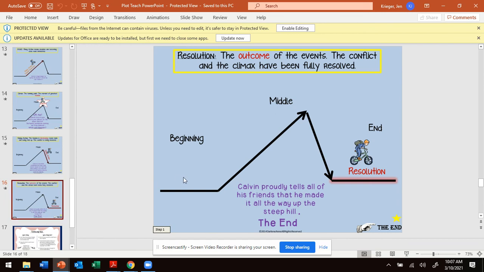Okay, so if we look right here at the diagram again, this is either referred to as the mountain in reading. I call it a roller coaster. If we look at all of the events, we weren't writing an essay, okay? Just a couple sentences giving the main details in order from beginning, middle to end of the story. So today, you will be asked, okay, to not diagram, but just kind of read